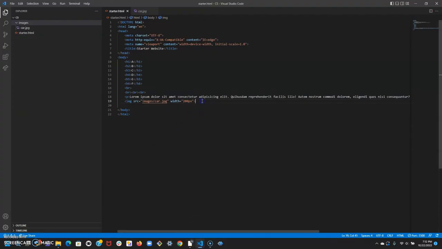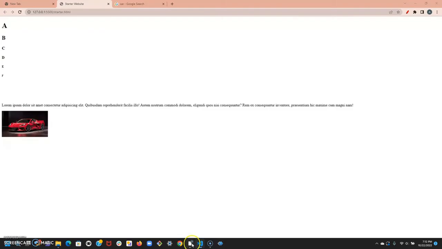Now, let's do something else. Let's put in a hyperlink. So how would I do that? I would use the A tag. Now this one does have a closing tag. So I'd write in my text inside. So let's just say, click me. If I save, you see it right next to the image, and we're going to explain why this happens in a future video, but for now, it just looks like regular text, and if I try to click on it,